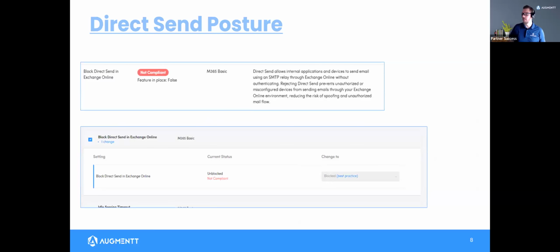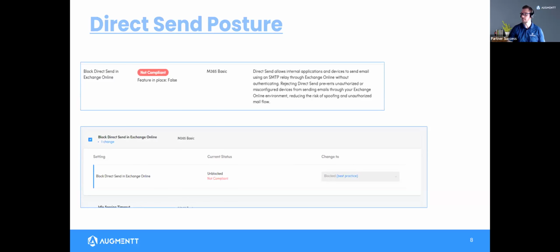What's interesting about this is that you could go through your whole 365 UI and you'll never find that setting. It's only available through PowerShell. So again, we're bringing an interface to the hidden settings of Microsoft to help things out as well. These are also available now in the posture templates and enabled by default within there for the enable all settings. And we're building out new posture templates that align to compliance standards. Some compliance standards actually require this moving forward as well, so it's very helpful to have that